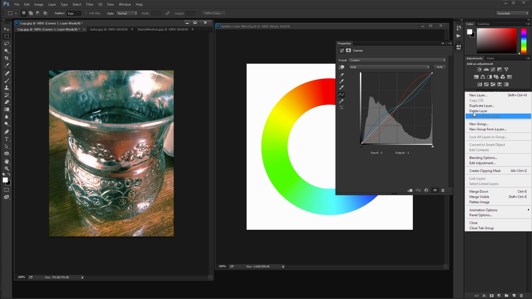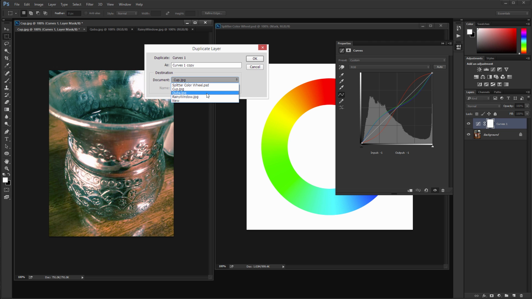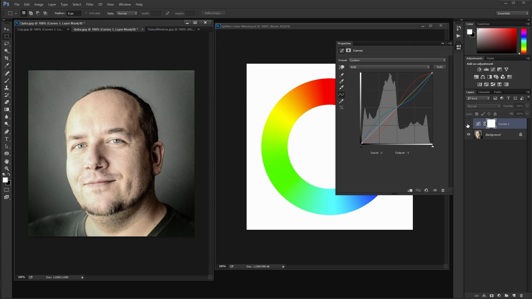and I can then take it and, let's say, duplicate this layer onto another image. So let's say I'll put it on my portrait, and look, wow, normal photo, and here is the cross-processed look. And there are tricks like that you learn over the course of the years,